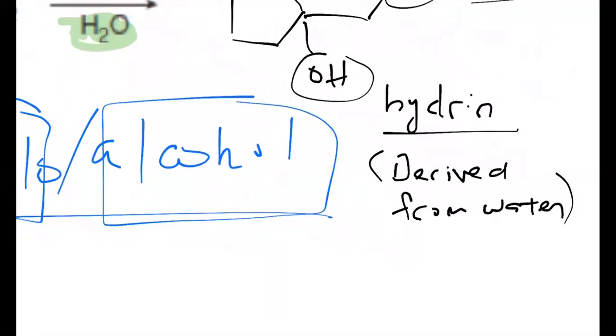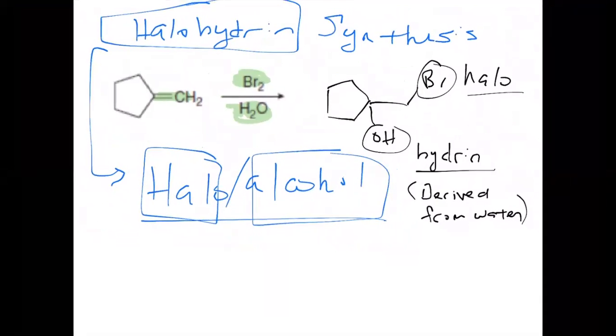And we'll see what I mean when I say that the OH is derived from water, right? Any questions so far? So we got the halo part, we got the hydrogen part, and there are a couple of key points we're going to make about this